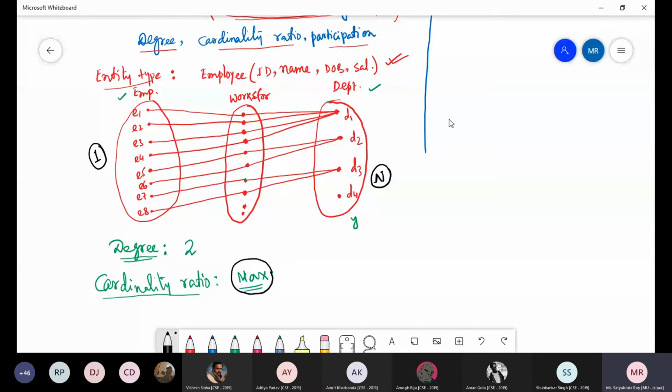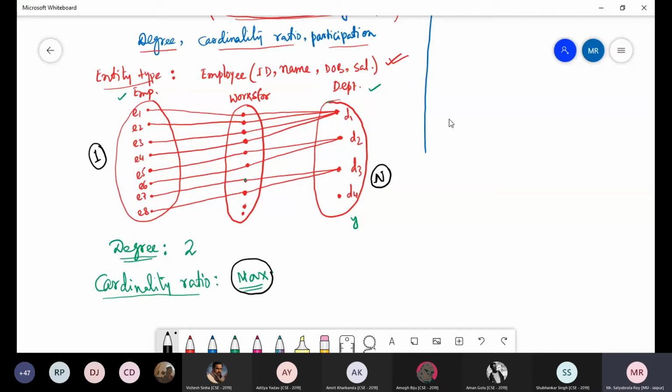Okay. So observe here, each dot of the department represents one instance of the department entity set. That means D1 is a department, D2 is a department, D3 is a department, D4 is a department, like that. Okay. Now D1 can have how many employees? 4 employees, meaning more than one.